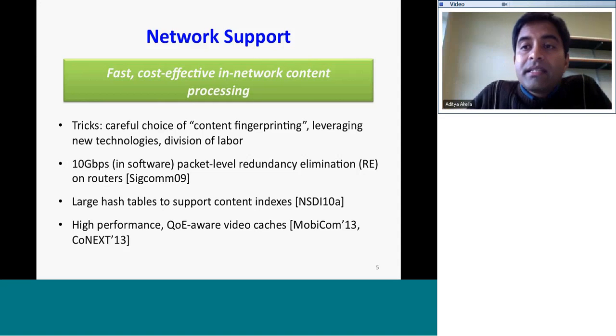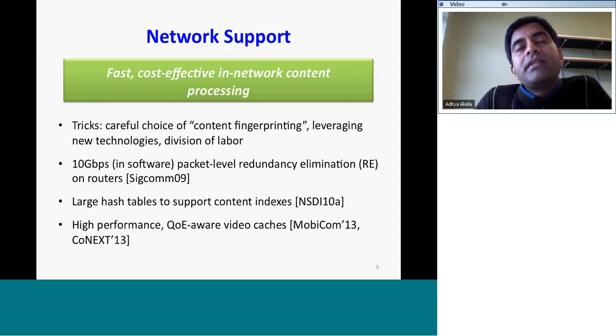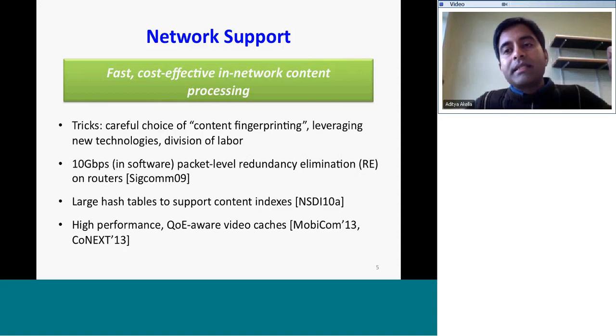And the last trick that is useful to do fast and cost-effective in-network processing, again, this is something I'll touch upon later in this talk with a specific example, is carefully dividing labor. And again, this is something that arises in the context of content processing, not so much in processing host identifiers, mainly because processing content in the network at fast speeds is hard because there is a lot more to do with content. So you gain a lot by splitting the work into small tasks and distributing that across multiple nodes and having them coordinate what they do to content.